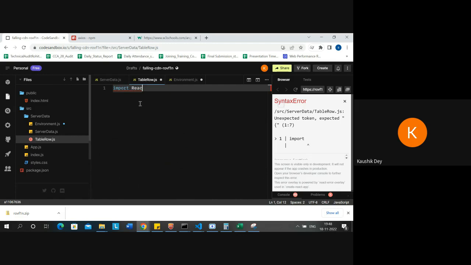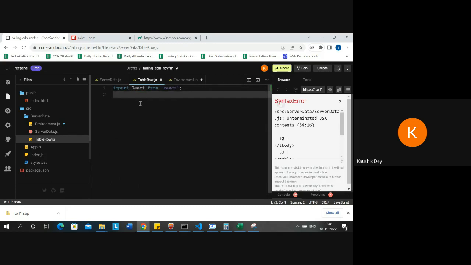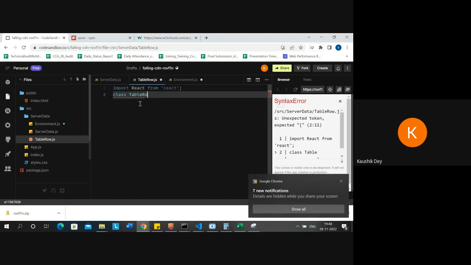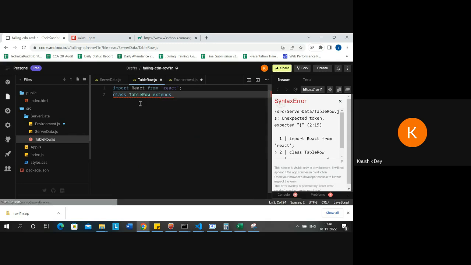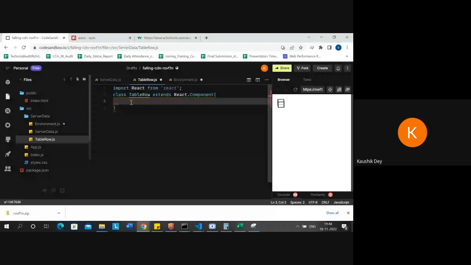Same thing: import React from React, class TableRow extends React.Component, and in the constructor